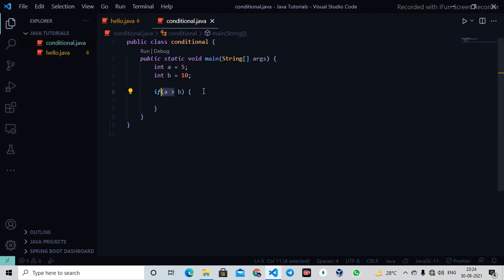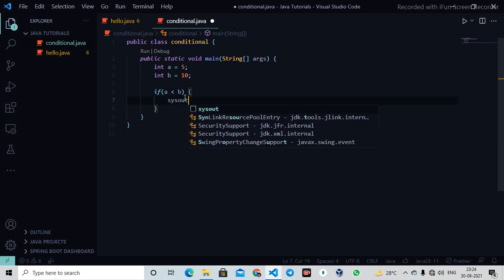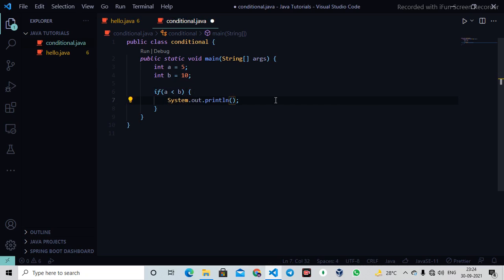So if this is true, first let's try with the less one. So this is a mathematical operation we are doing here. This is an operator. I hope everybody knows about it. It is just to compare if a is less than b, or b is greater than a, the same thing. And yeah, 5 is less than 10, so this is true. So if the condition inside this bracket is true, this if block will continue. So inside that, the code will be executed, and I will say